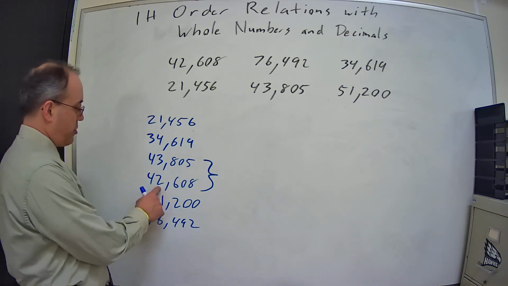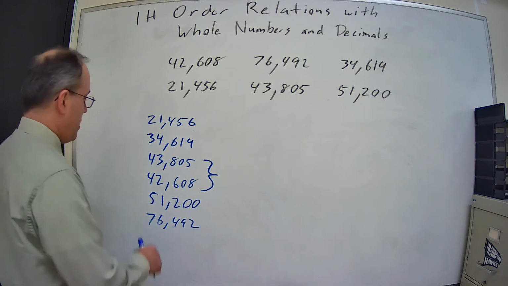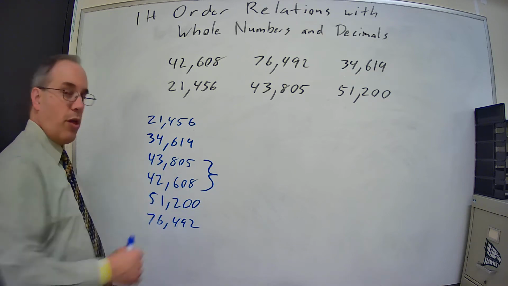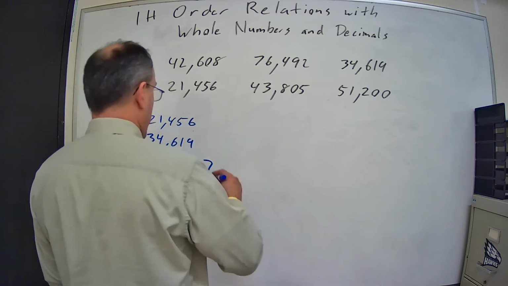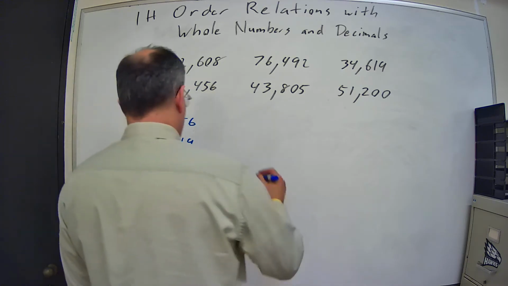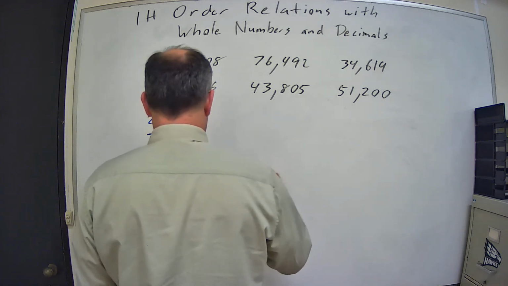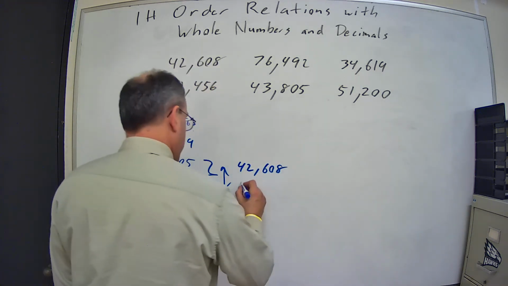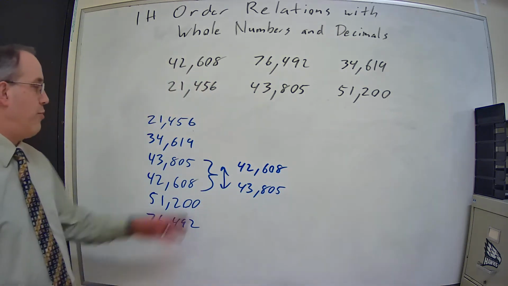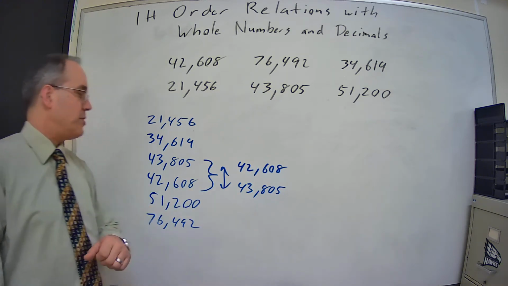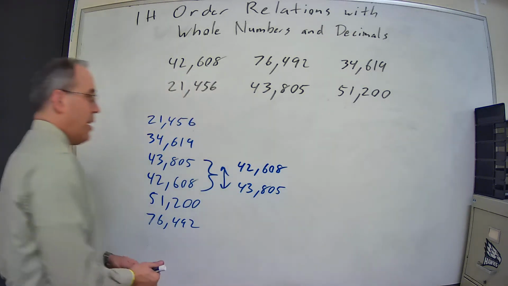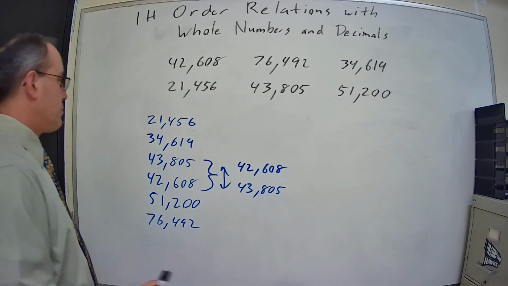So I go to the next place over. Now I'm going to the thousands place and I see 43,000, I see 42,000. 2 is smaller than 3, so I want to swap them. Just going to switch them one for the other and say 42,608 and then 43,805. So now that I've got those in order, I can list them all in order as